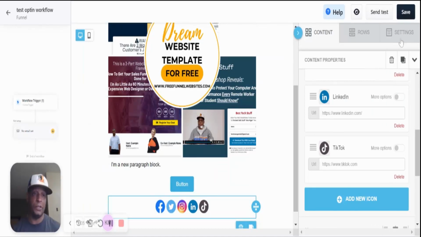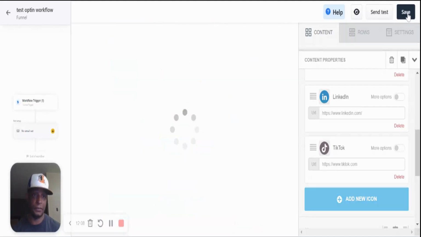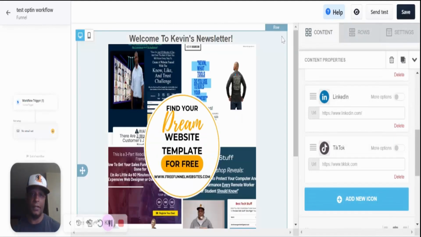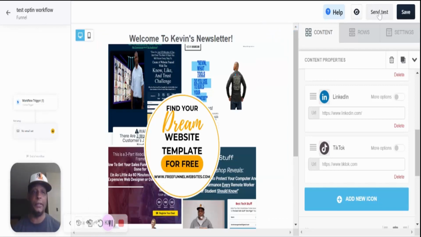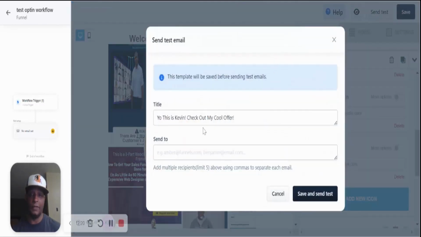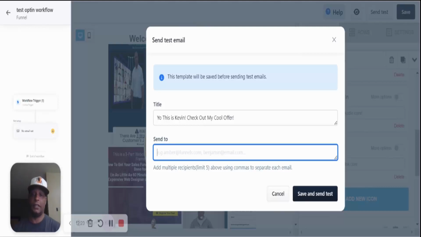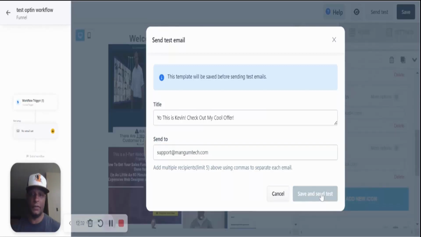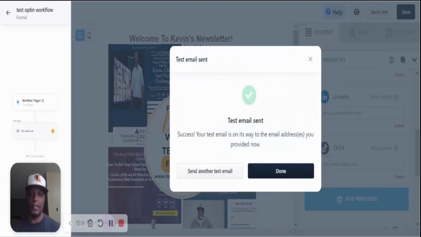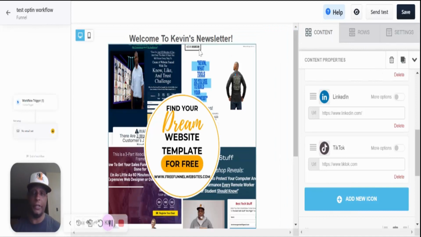Now that I'm finished, I'm just going to go ahead and click Save. And pretty much, I could literally send a test from here, right? I click on Send Test. It confirms the title. I can decide who I want to send it to, and then save and send test. And then you see your test email was sent to the email provided. You can send another test or click done. All right, and that's pretty much how you create a workflow. So if I go in this left-hand corner and go back a step,